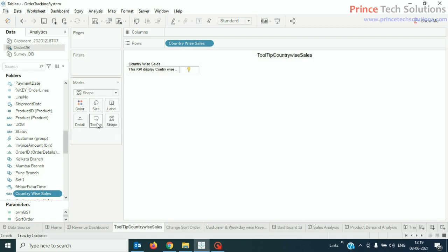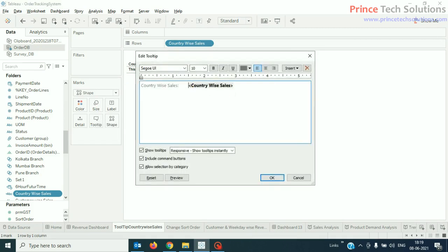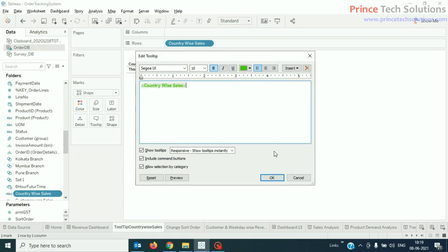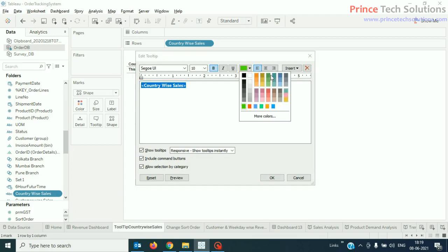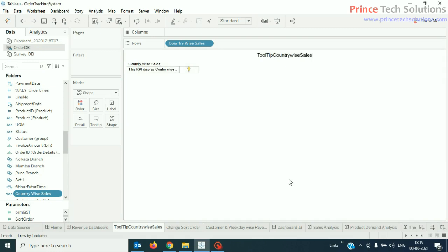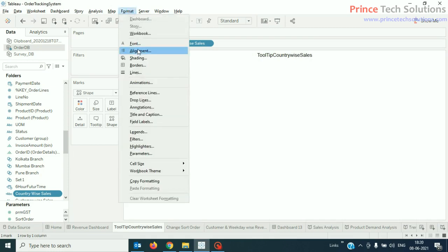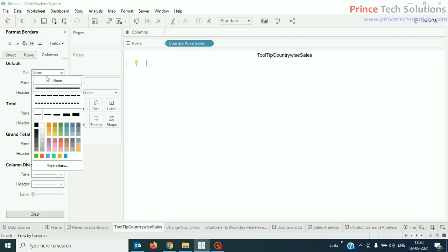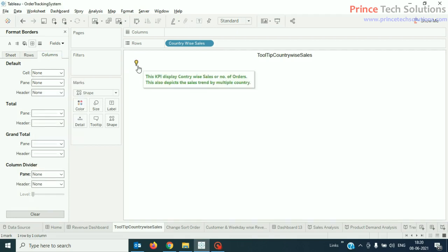Now, in the tooltip, simply I will remove this field caption, and then the field name has to be here. I'll just change it to say green color. Okay, all right. Maybe I can make it this one. Fine. Now, right click, show header property. Just uncheck this. Then go to format, border. So don't show any border here in the rows and in the columns. Don't show any borders. So you just have this one